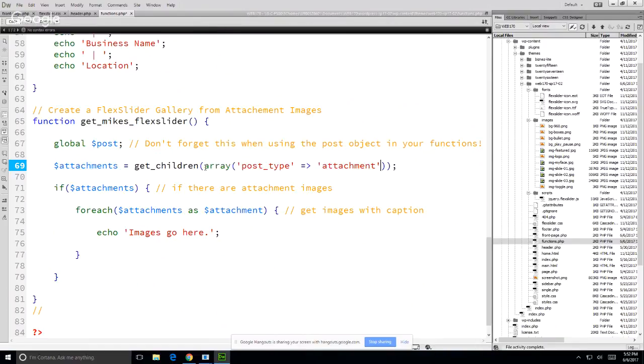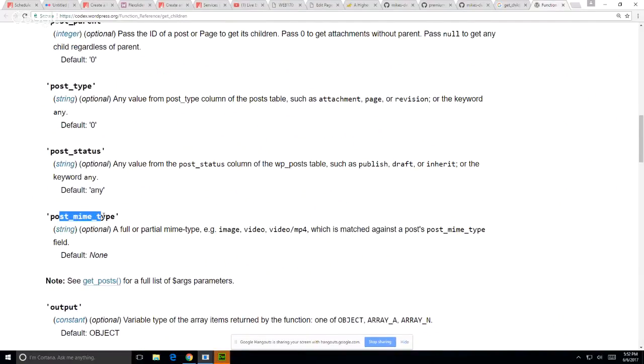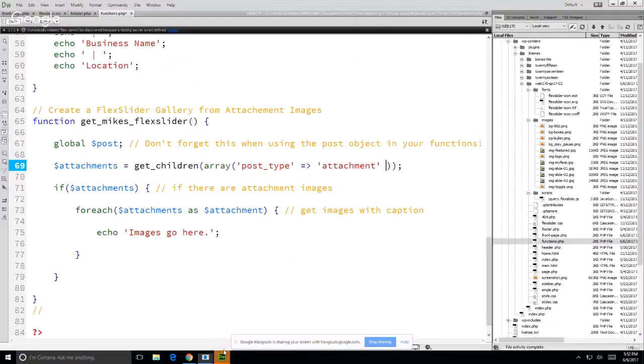There are different types of attachments. I can upload a PDF or a video or an audio file. So therefore, let's go back to post type. Any value from post type, such as attachment, page, revision, posting, so on and so forth. Post mime type. Example, image, video, MP4, right? So we have to say attachment type of